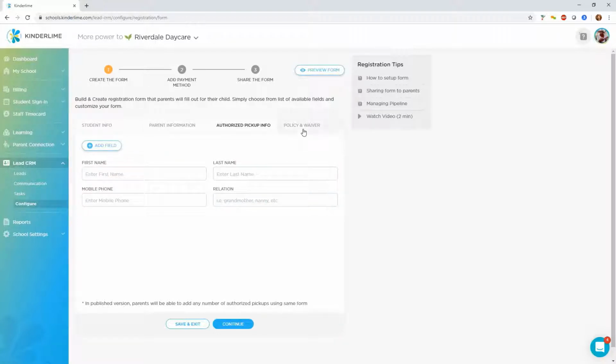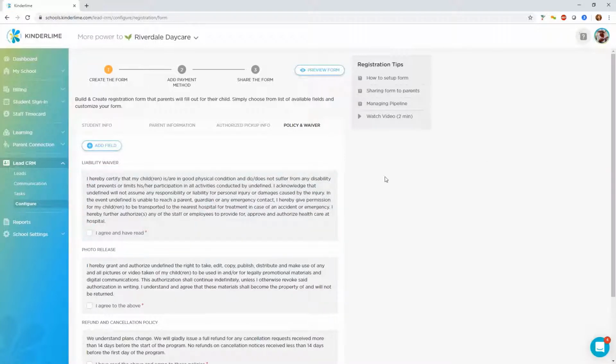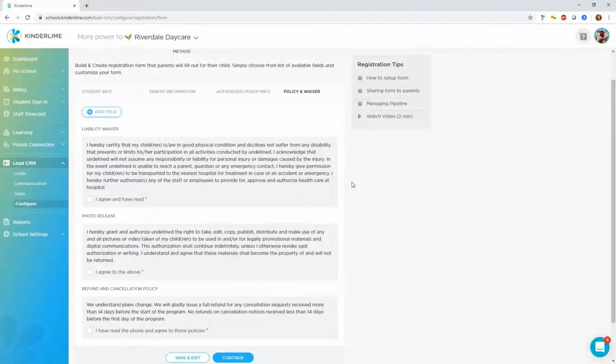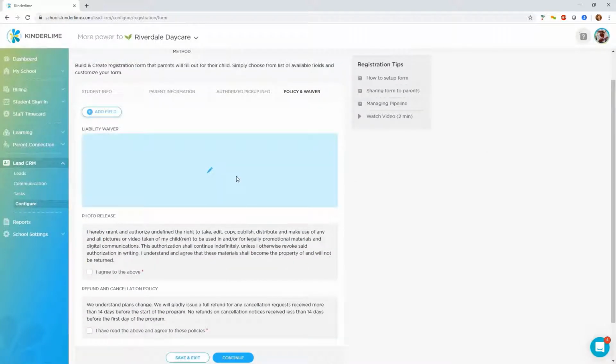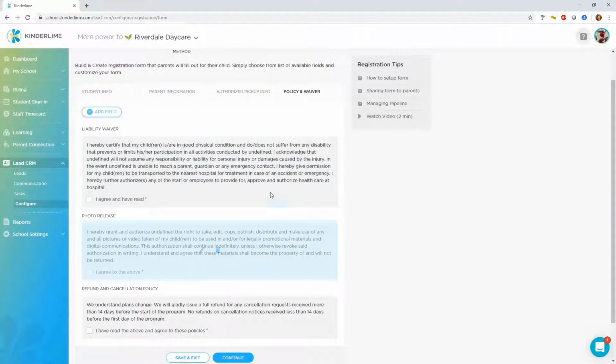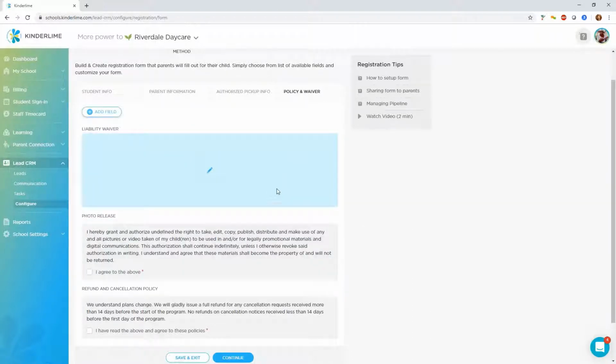The last step is the policies and waivers. These are fully customized to what your policies need to be. So if the defaults that we have on there don't apply to your program, that's fine. Just go ahead and hit the pencil icon and edit them so it matches what information or agreements you need